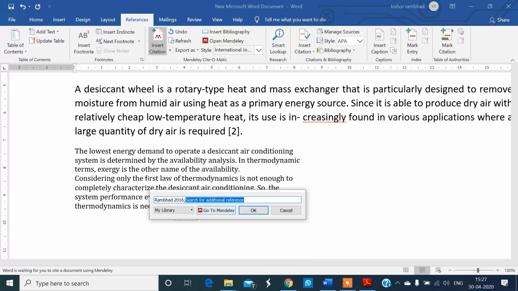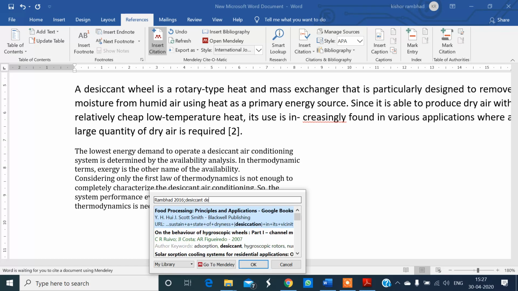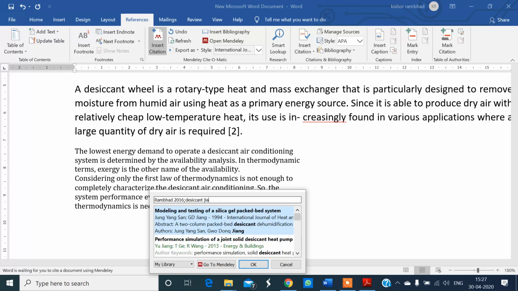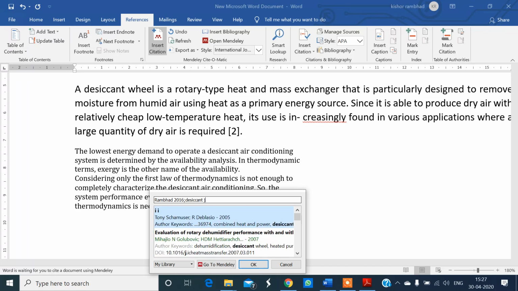Click over here. Then another link for a reference will be available. You can write the author or the title of the paper you want to give as a reference for this same material, like desiccant dehumidification, or write the name of the author, like Jang.